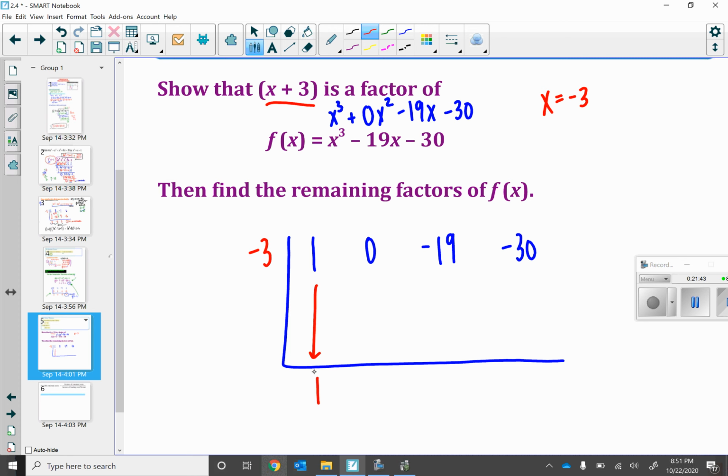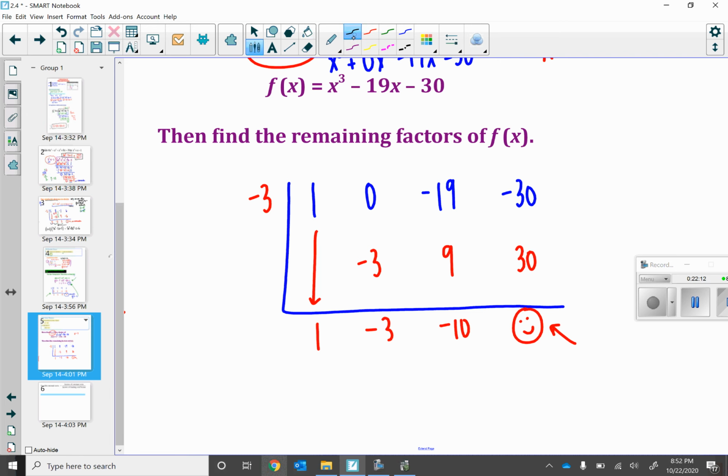Bring down the 1. 1 times -3 is -3. 0 plus -3 is -3. -3 times -3 is a positive 9. Negative 19 plus 9, negative 10. Negative 10 times a -3 is a positive 30, which is great. We're getting a remainder of 0, which is proof that this x plus 3 is a factor. I have factored it out completely. What I'm left with here is x squared minus 3x minus 10